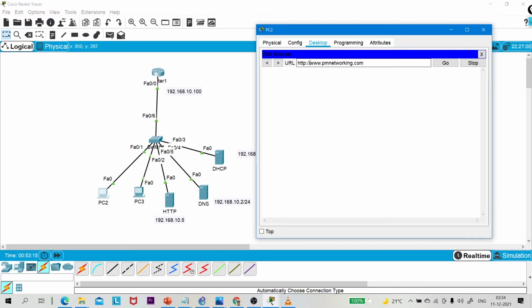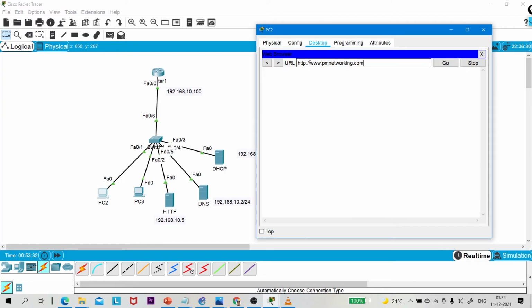Enter. Now there is no DNS server, so this machine can't access my website through this domain name. My machine can access my website through the IP address, but not through the domain name, because there is no DNS.